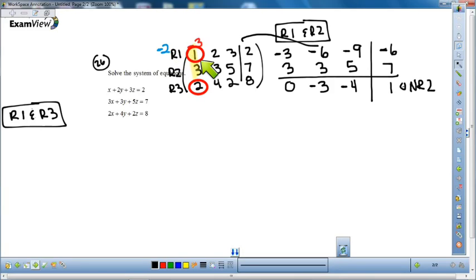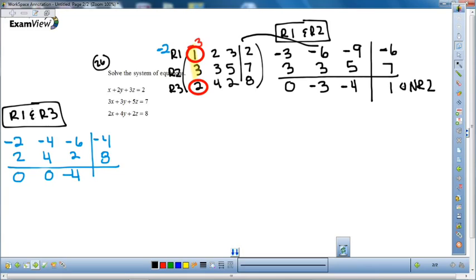negative 2 times 1 is negative 2. Negative 2 times 2, negative 4. Negative 2 times 3 is negative 6. And negative 2 times 2 is negative 4. And then the third row is just going to stay the same. Okay, so if I add this, I get 0, 0, negative 4, 4. So notice that I already have the 2 zeros that I need, so I don't have to go to